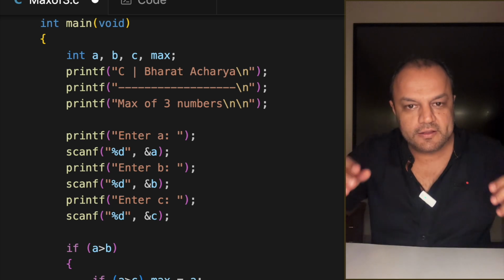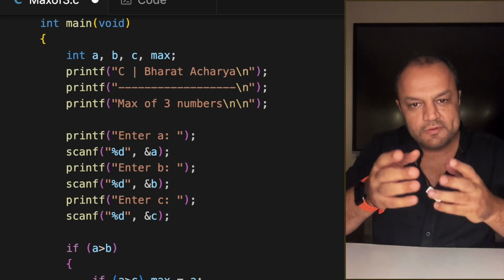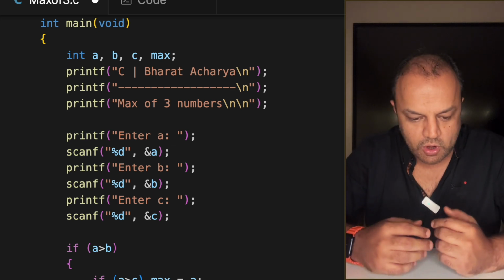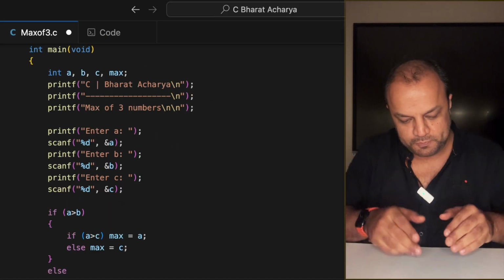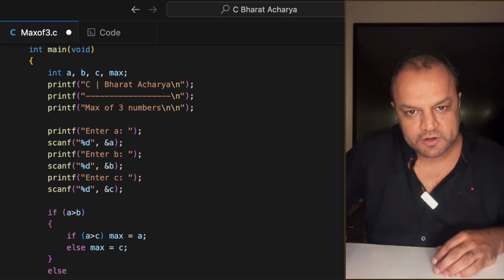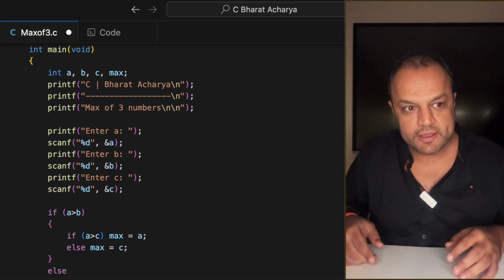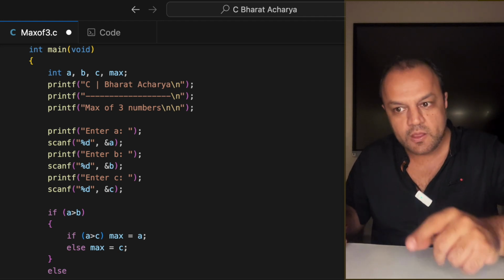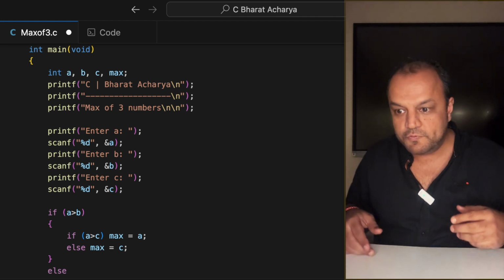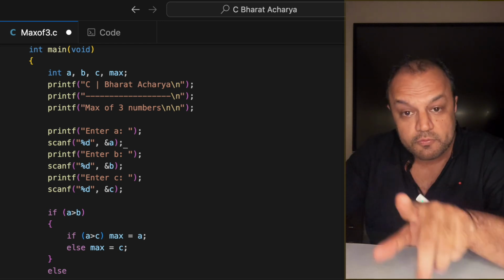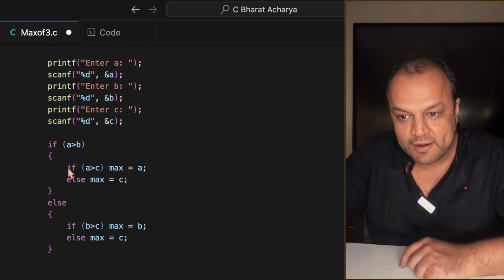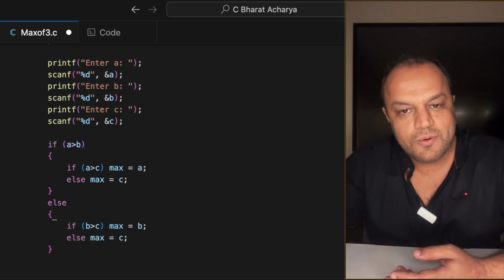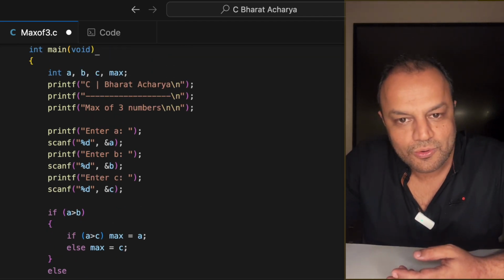Now when you say enter 3 numbers, the user will enter the first number, let's say 25. Now the user is confused. How do I enter the second number? Should I put a space after 25? Should I put a comma after 25? Should I put a dash after 25? What do I put? And putting the wrong thing will give you a wrong input, and your program will fail, for no fault of yours. Your main logic is correct, but you just didn't know how to accept the values. So if you don't want to get into that trap, don't do that.